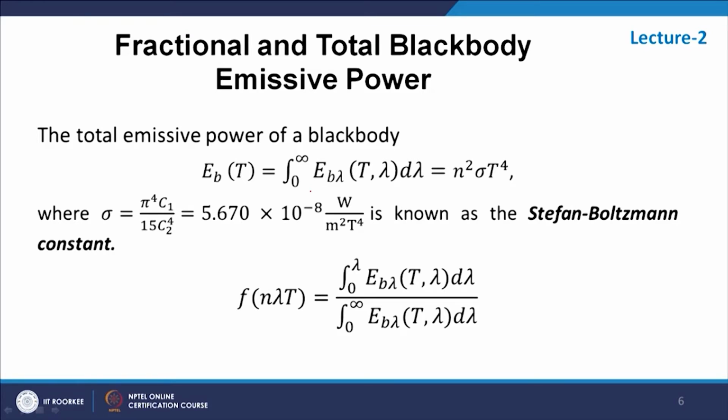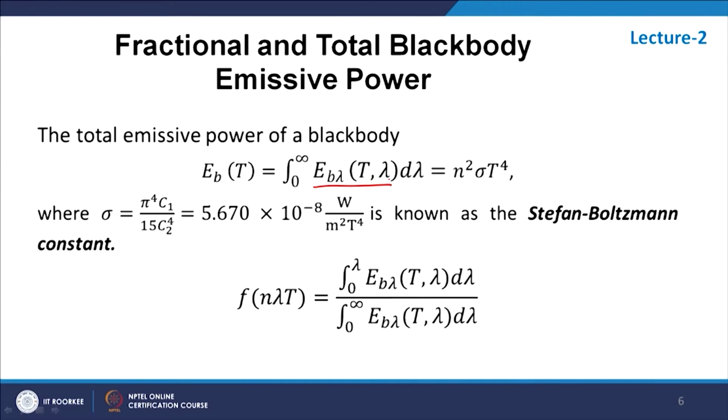So, we will use this Max Planck black body emissive power for solving our calculations. To solve the problems, we need to calculate the total black body emissive power, that is, how much energy a body emits in its entire spectrum. The spectrum may have different ranges: visible, ultraviolet, infrared. We are interested in the total energy emitted by a body at all wavelengths, and sometimes in how much energy is emitted in some part of the spectrum, say only the visible part or just the infrared part.